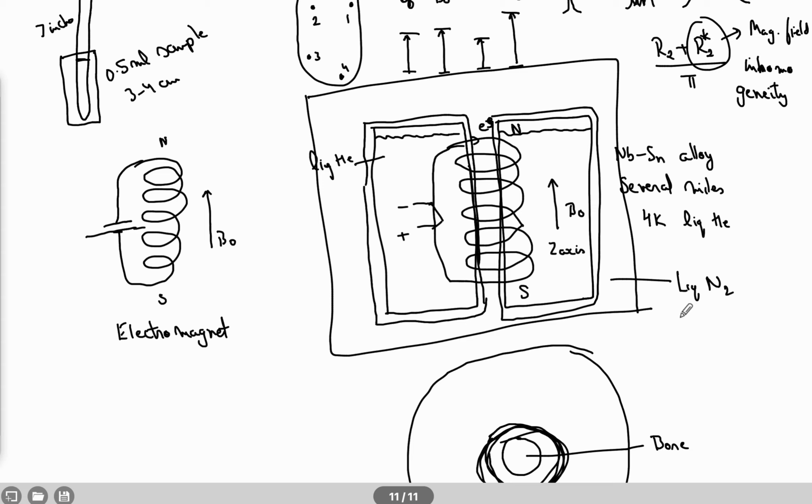Liquid nitrogen also evaporates, so the liquid nitrogen filling frequency is every week, and the liquid helium filling frequency is once in 6 months, let's say. That depends on how big a magnet you have. If the magnet size is bigger, the liquid helium requirement is more, so this filling frequency can be 4 months, 5 months. So this totally depends on magnet to magnet and the magnet architecture.